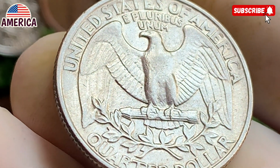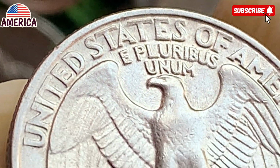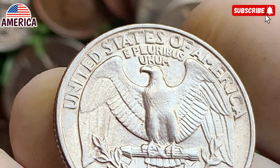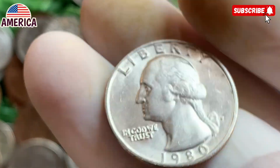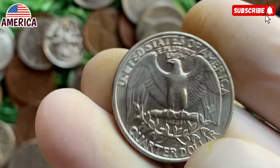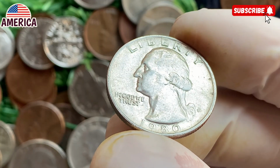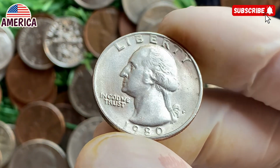Meanwhile, a PCGS PR70 DCM 1980-S proof quarter commanded $650 at a specialty auction in January, celebrated for its razor-sharp strike, perfect fields, and stellar cameo contrast. Even more modest proofs attract attention. PR69 DCM examples typically sell in the $150 to $250 range, a strong premium over the $40 to $60 fetched